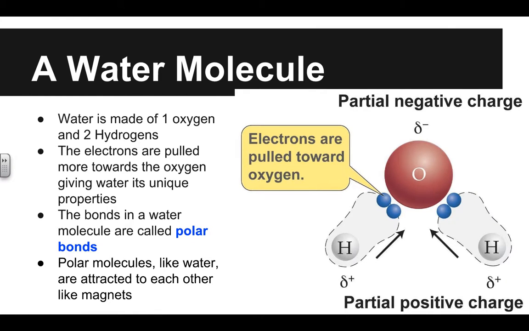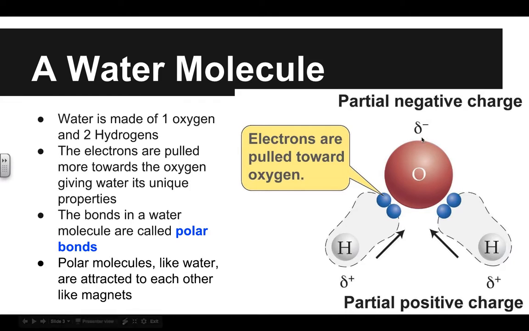So a water molecule, we know water is made of one oxygen and two hydrogens. We see the oxygen here and our two hydrogens. Water often looks like a Mickey Mouse head, right? Except here it's an upside down Mickey Mouse. The electrons are pulled more towards the oxygen molecule, right? Oxygen is bigger, it's a stronger molecule, it has more pull, and in this case, it pulls the electrons closer to itself. Because electrons have a negative charge,